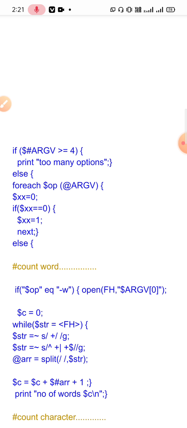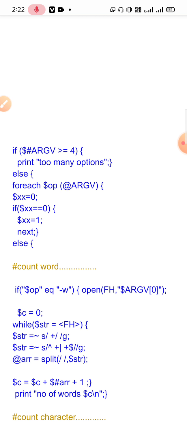$#ARGV. ARGV is an array, this is an array which will store the command line arguments. So $#ARGV will give you the last index of the array ARGV. If you want to find out the number of elements in that array, we have to add 1 to $#ARGV.